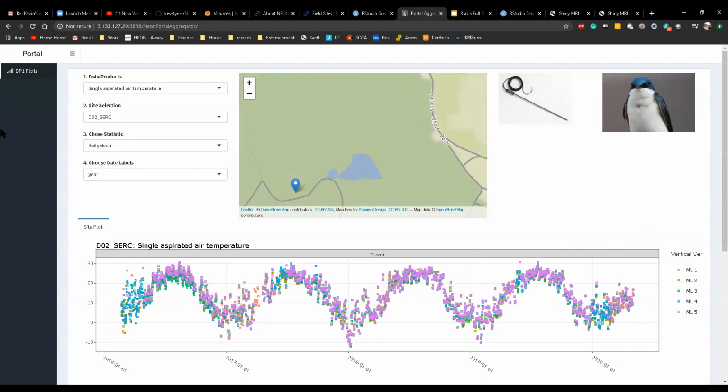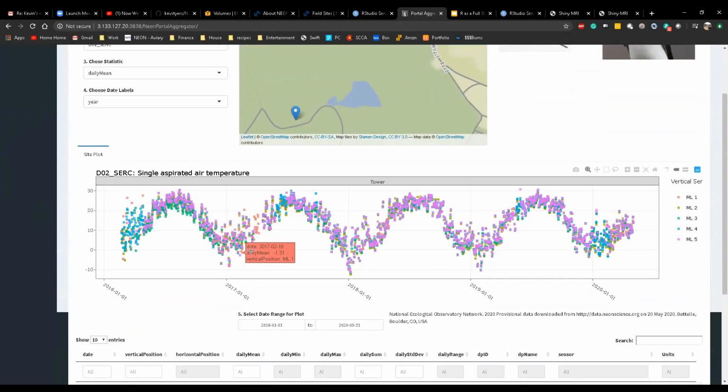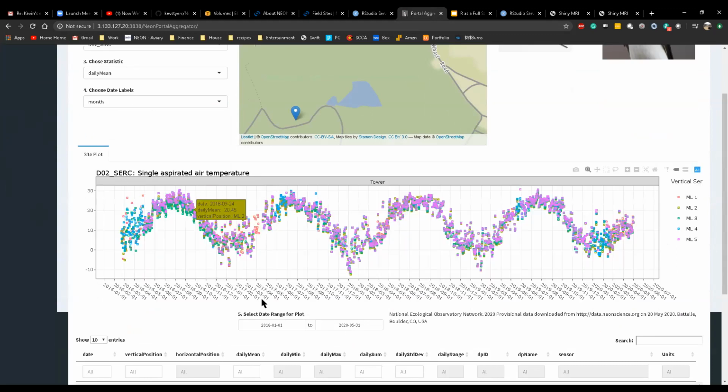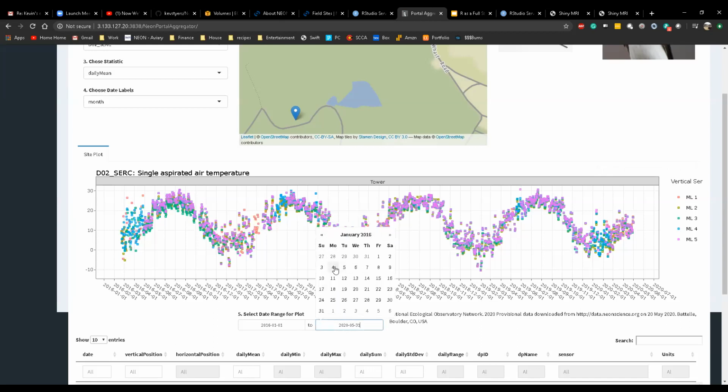But yeah, so we're in. This is what the web application looks like. We can select data products up here, what sites, like I said, there's 47 different sites. We can choose one of the different statistical variables. And then this final option here is you choose date labels. Depending on how much data you select, you may want to see the month, or if your date range is pretty tight, so if we just change the date range here to just 1 year,